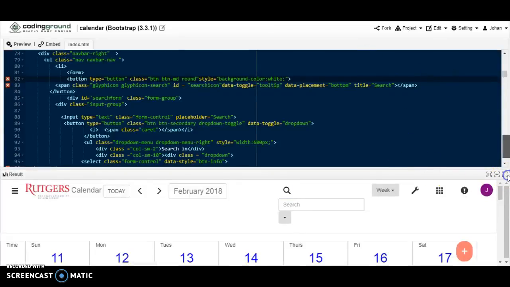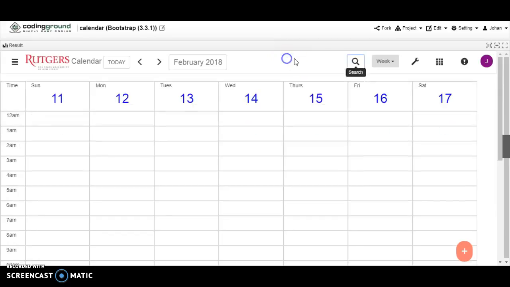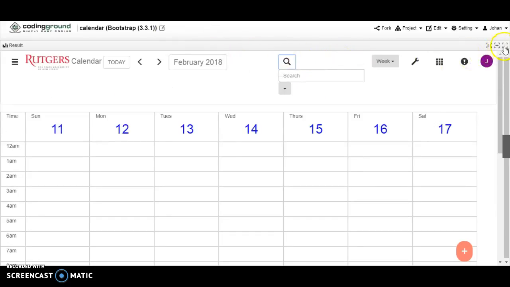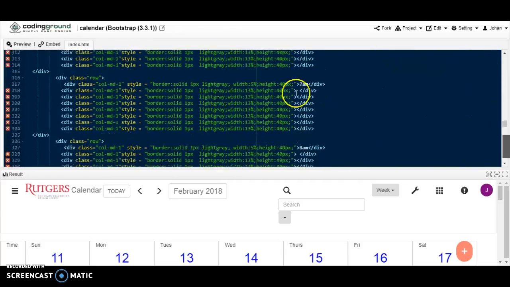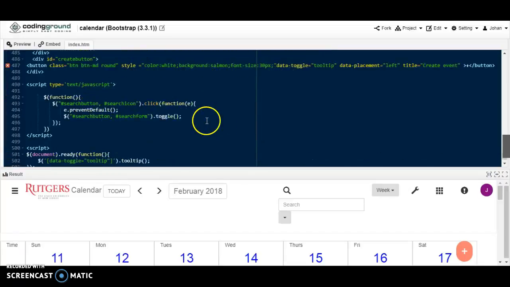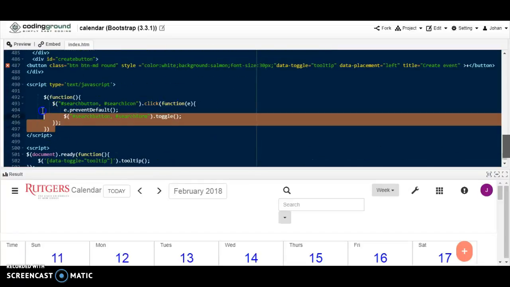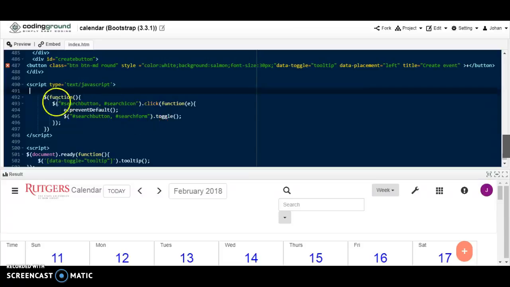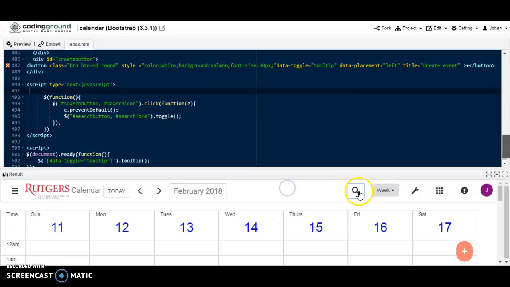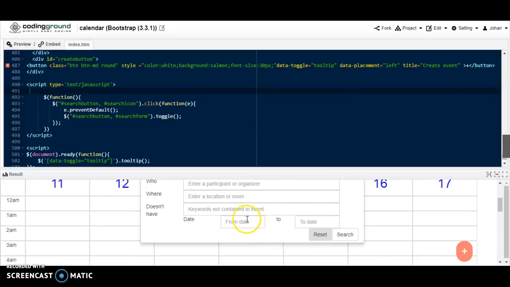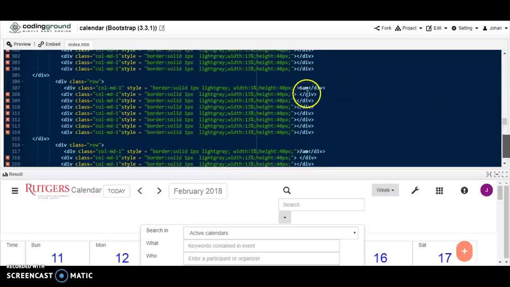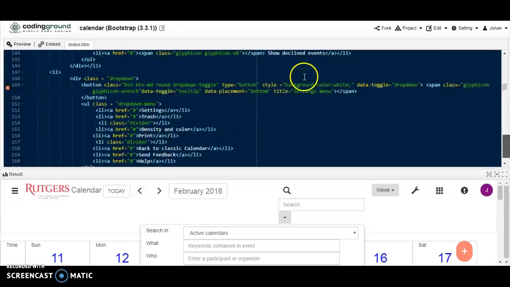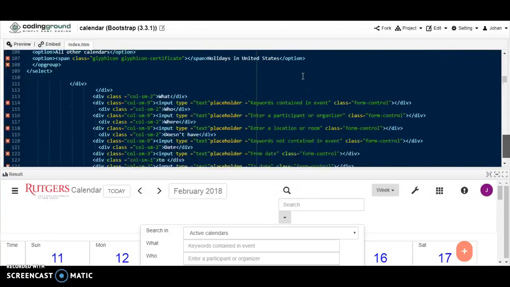But for mine, I was able to, it still hides and shows due to one of my JavaScript lines all the way at the bottom. Give me a second. This right here is what allows me to hide and show the search icon. I also included the drop menu for within the search icon, and this is found right here,